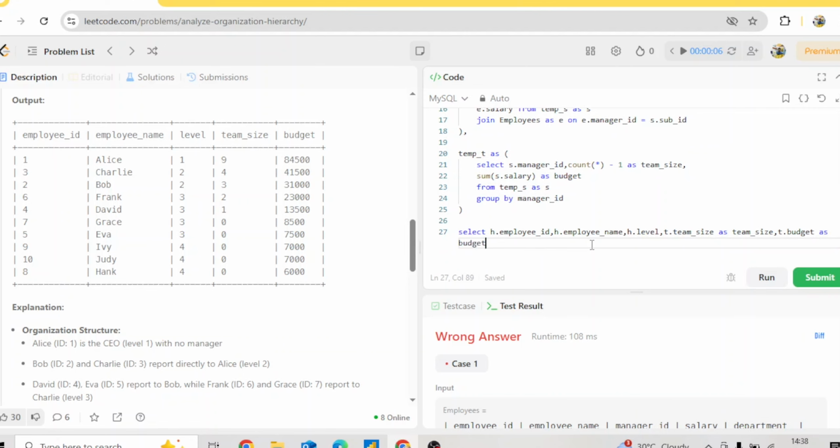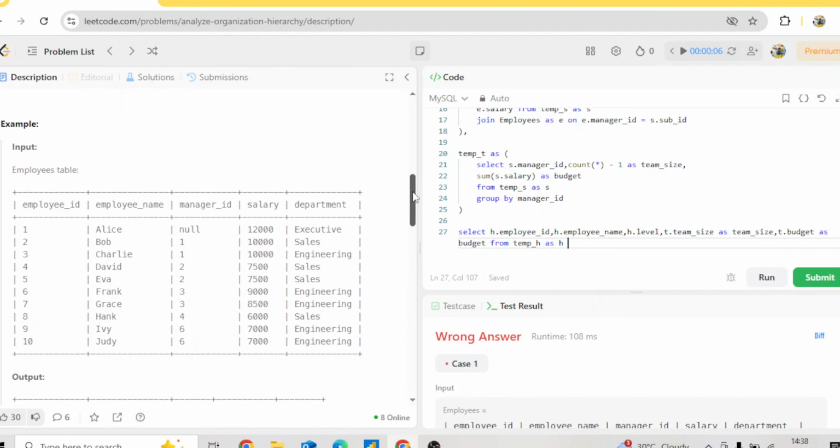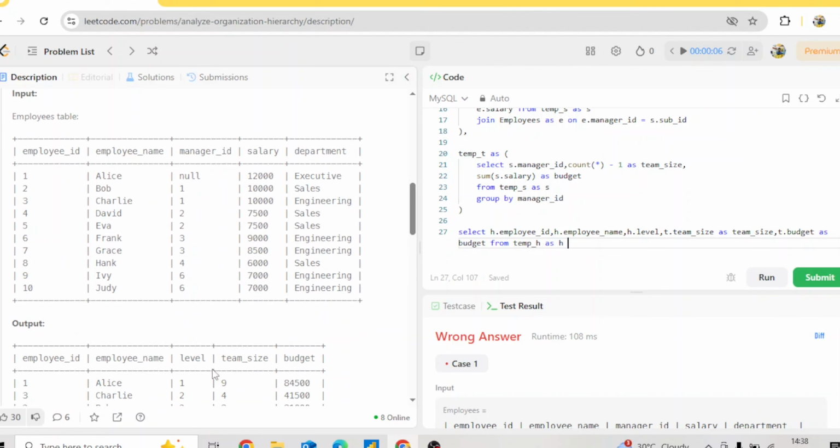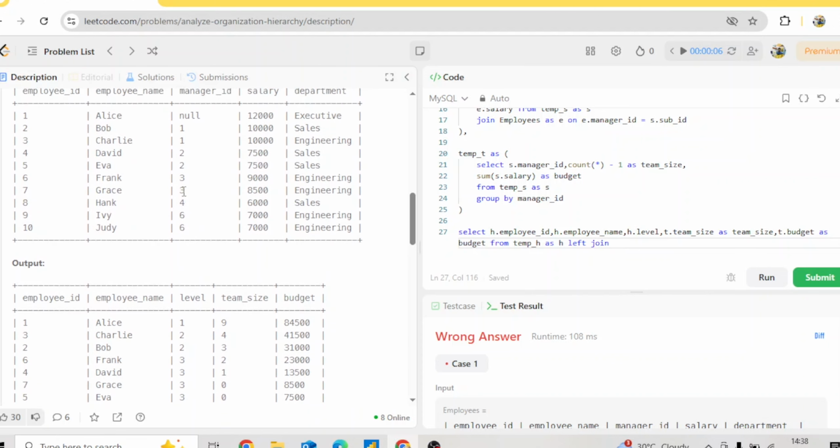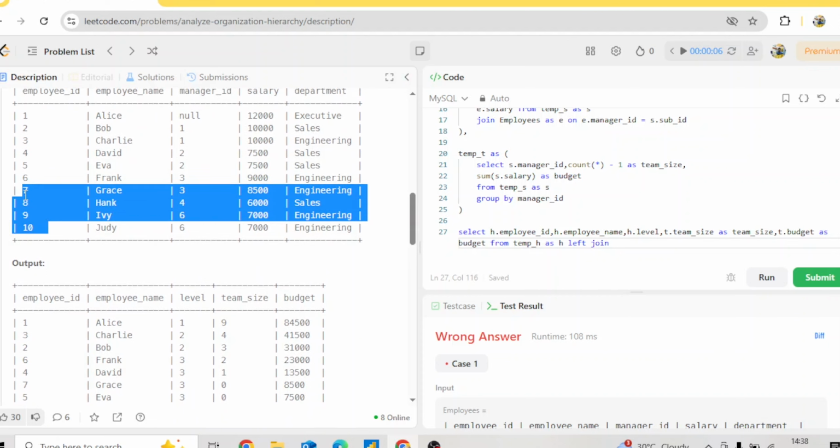correct? And then I'm going to say from temp_h, because we want to map it with the hierarchy. Now which type of join are we going to use? From the hierarchy, we want all the managers, so we will be using the left join. And the reason why we will be using the left join is, if you look at people like 10, 9, 8 and 7,